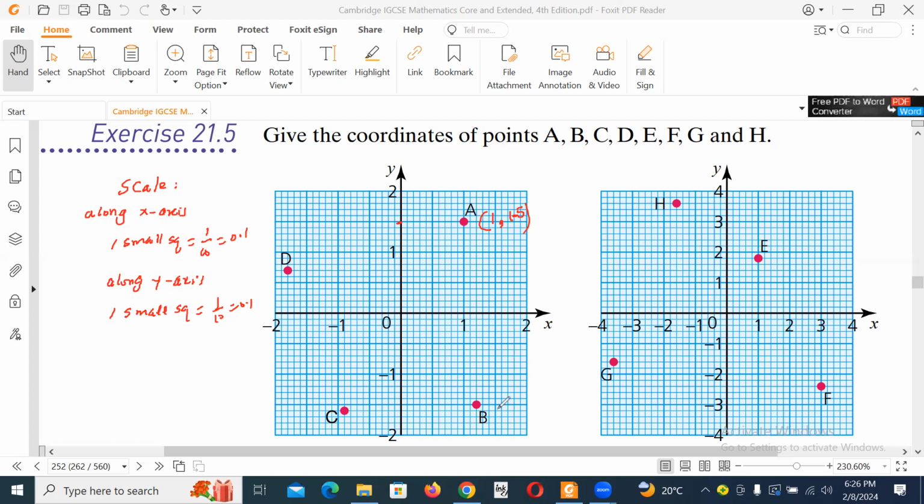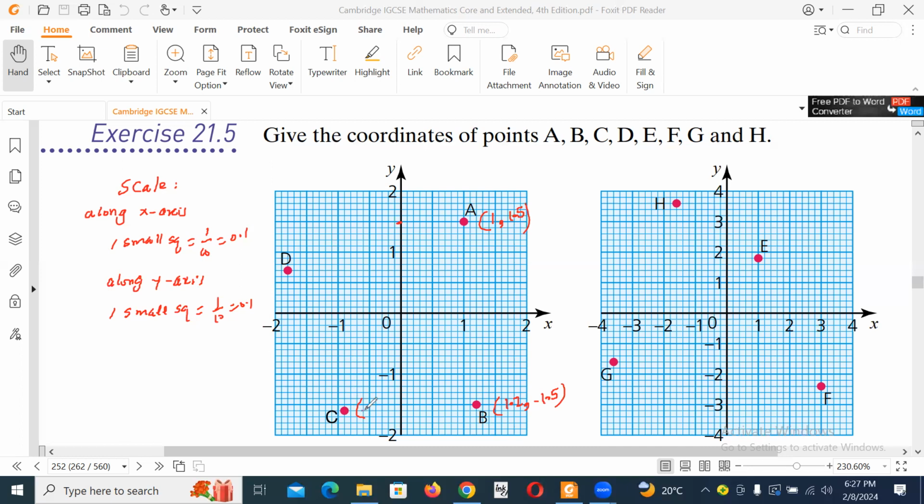Same as if you try to find out B, so it is 1 point. Remember, each one small box equals 0.1. Okay, so this is after 1, 2 small boxes. So 1.2 along the x-axis, and along the y-axis, if we straight away go down, it is exactly between -1 and -2. That means -1.5. If we check point C, along the x-axis, it is 1 point behind -1, so that is